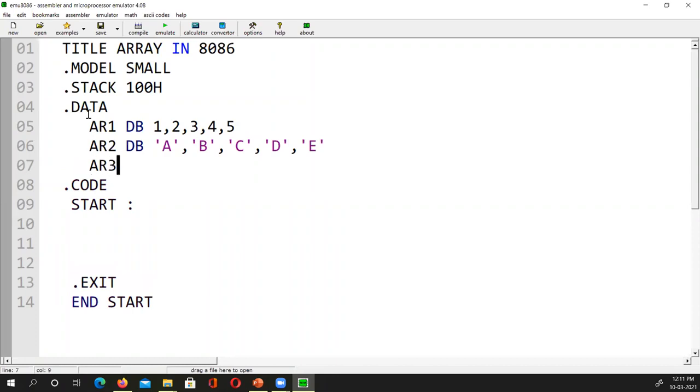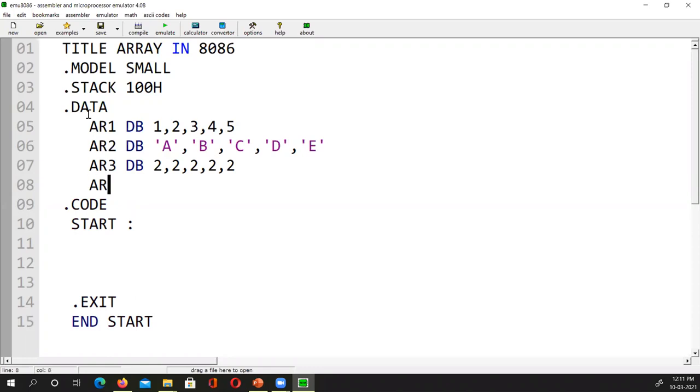Similarly, I have AR3, again DB. This time, if I have a repetition of things, like 2, 2, 2, 2, 2, I can do the same using the DUP variable.